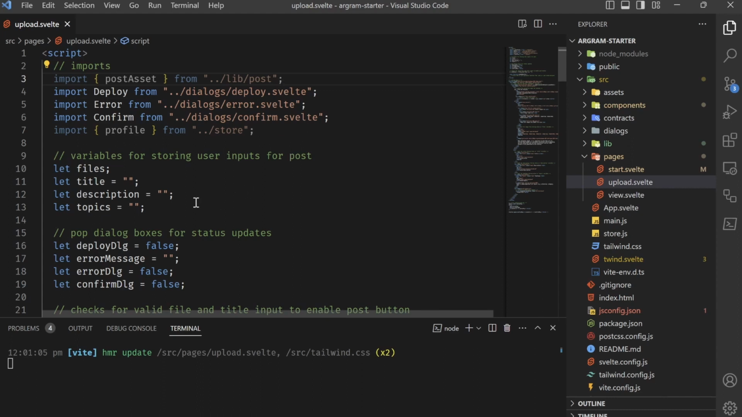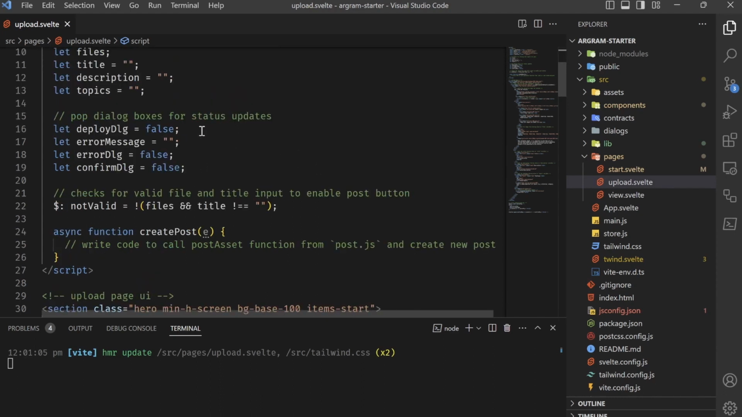We are creating some additional variables to take in as inputs from the user, namely file, title, description, and topics. The file will store the image uploaded by the user. We are also creating some variables to handle the status of the dialog boxes. When the status is set to false, the dialog boxes will not be visible. However, when the status is changed to true, a pop-up will open